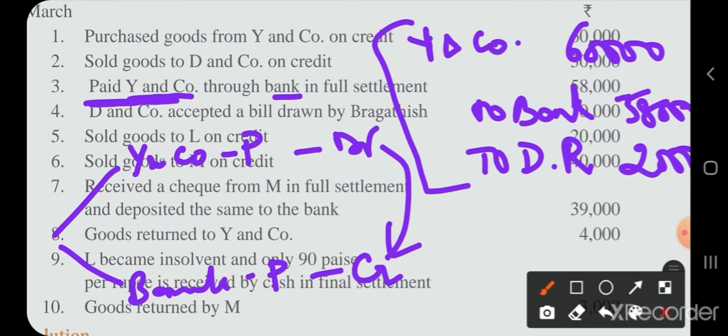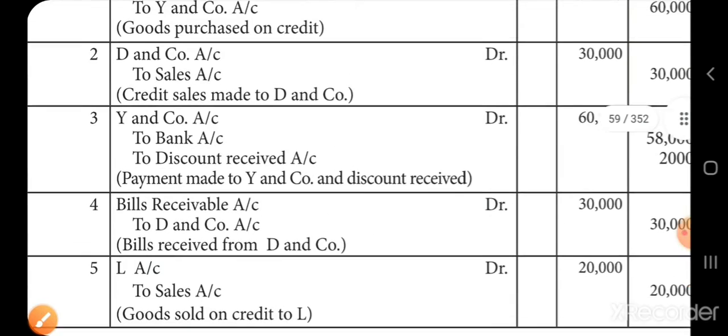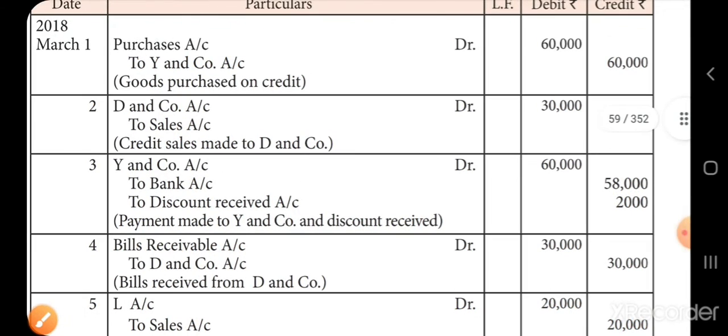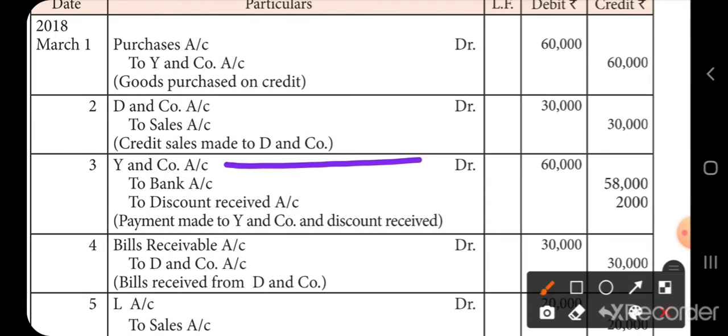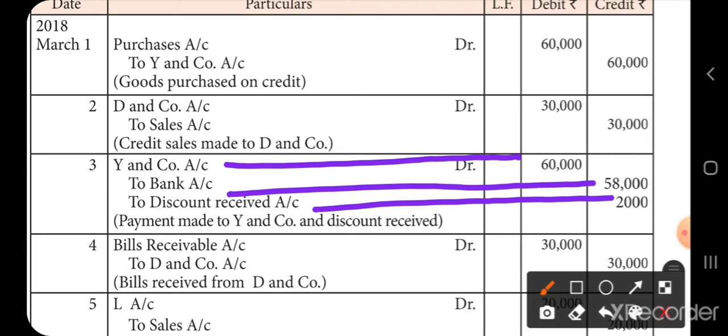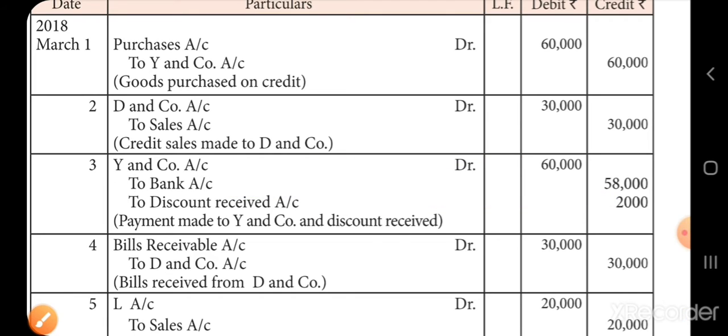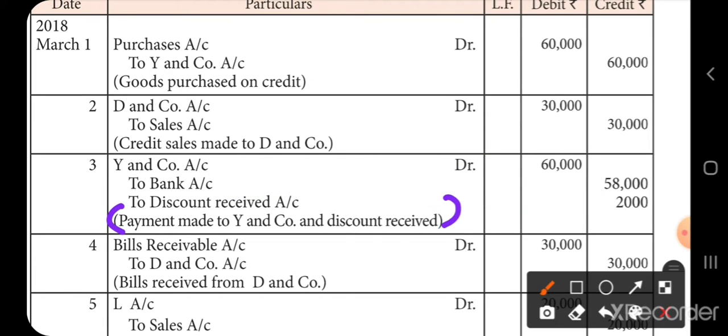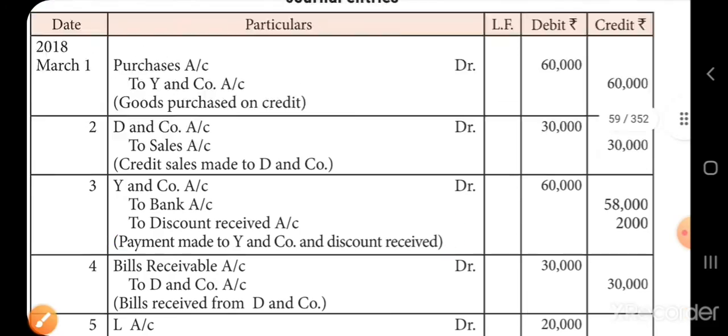Hope it is clear, this transaction. See the solution here. YN company's account is 60,000, to bank 58,000, to discount received 2,000. Okay, you should write the narration. Payment made to YN company and discount received. Next,